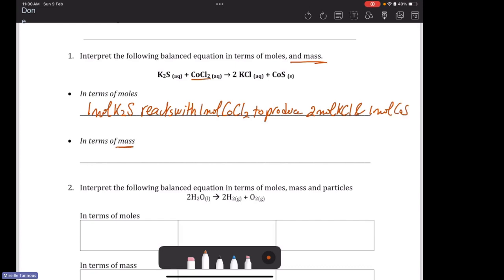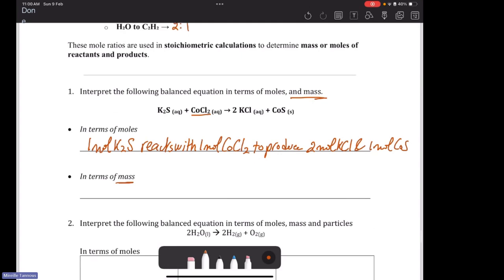And when they say in terms of mass, I just want to show you this formula. Mole equals mass over molar mass. They want it in terms of mass, and in order to calculate mass, we multiply the mole by the molar mass. So here, the molar mass of potassium sulfide is 39 times 2, because I have 2 potassium, plus sulfur, that is 32 grams. It is 110 grams per mole. So I'll multiply this 110 by 1. So I'll say 110 grams of K2S